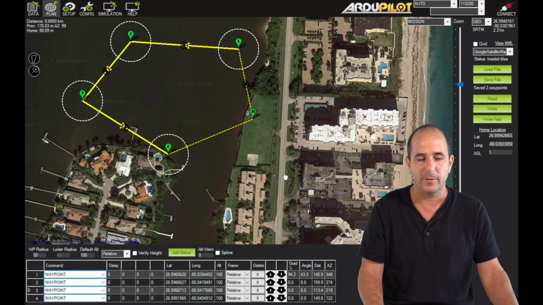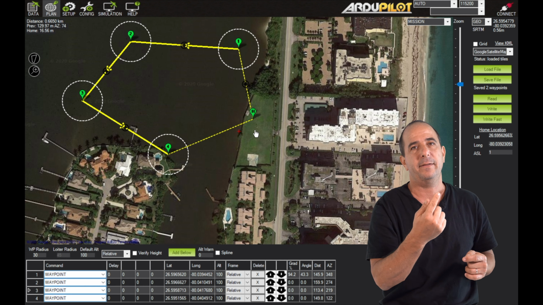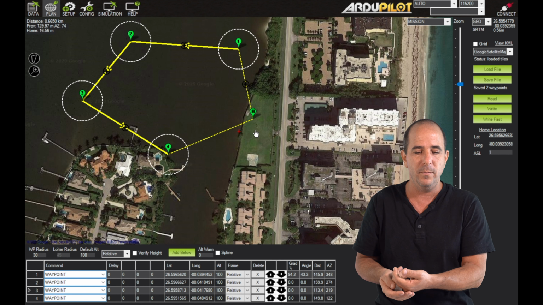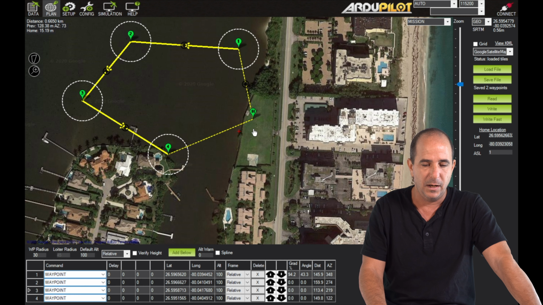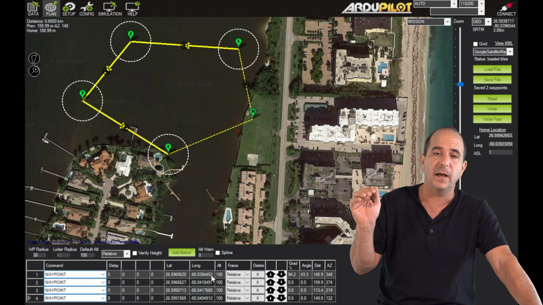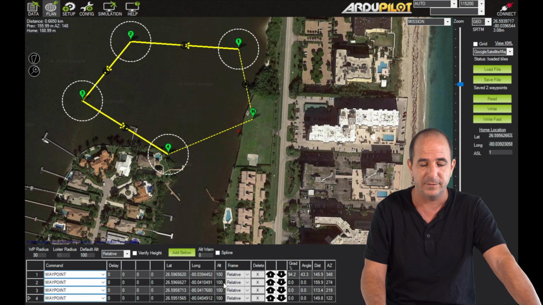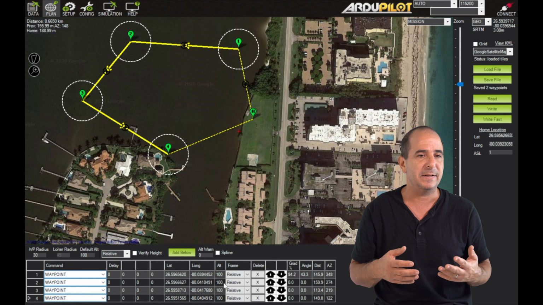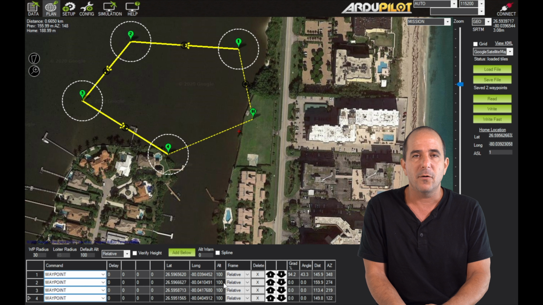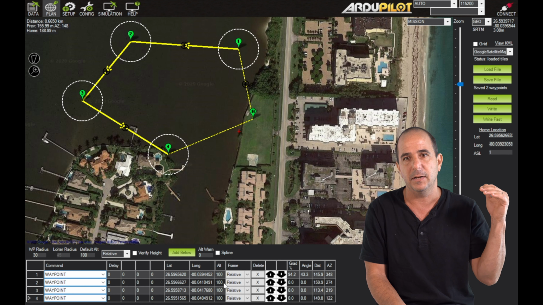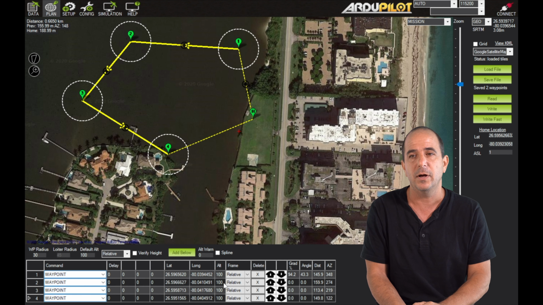So there are 4 waypoints, and I have my home position, and it's a circular path, meaning it starts from the home and goes through waypoints 1, 2, 3, and 4, and then all the way back to the home position. The height of the flight is all fixed to 100 meters. Again, it depends on where you're flying your drone. There are regulations regarding the maximum height allowed. I think in the US it's 120 meters. In other places it might be more or less, but keep track of that.